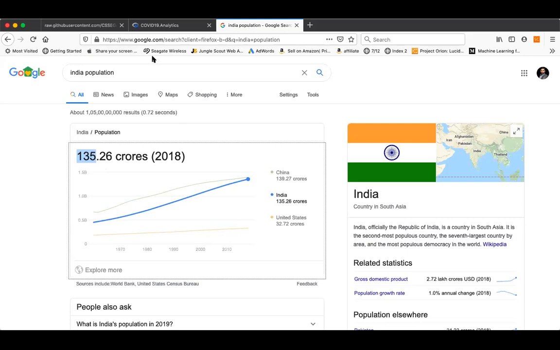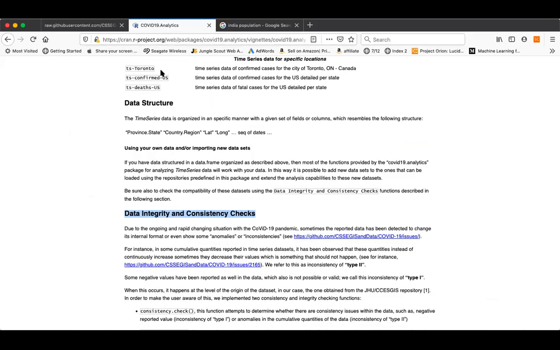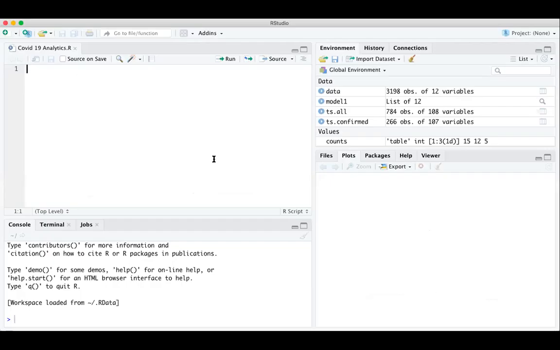Okay, so let me open R Studio. Yes, so this is R Studio. Let's start with the code.